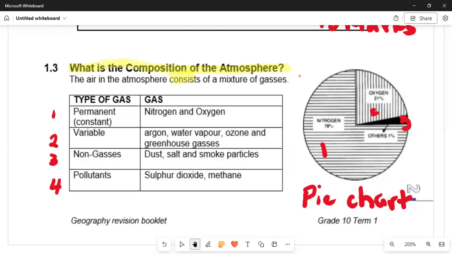1.3, and the atmosphere. So we've got to understand the cause of gases. They can find on the atmosphere sometimes more is than argon, water gases. And then we are having gases and dust. And then number 4, we've got the sulfur dioxide and the methane, and it represents the types of gases. And we are saying that nitrogen is dominant because it is 78%, followed by oxygen, which is 21%, and the other gases, which is 1% now.